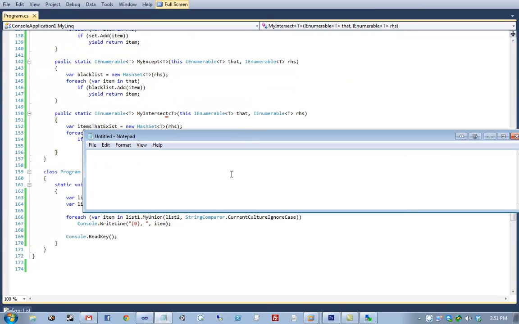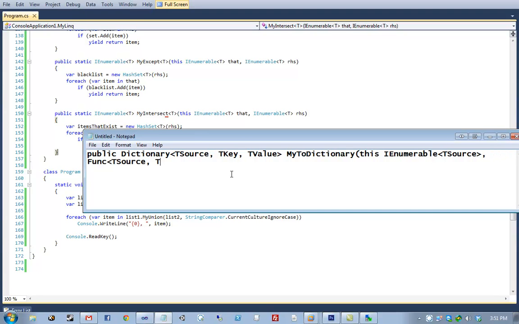I say do it. Okay, so go ahead and implement this method. It's going to be public Dictionary of TKey, TValue ToDictionary, or MyToDictionary, or whatever. It takes in an IEnumerable, or sorry, I'm missing a generic parameter: TSource, TKey, TValue. It takes in an IEnumerable of TSource. It also takes in a Func that maps TSource to TKey, called keyProjection, and a Func that takes in a TSource and returns a TValue, called valueProjection.